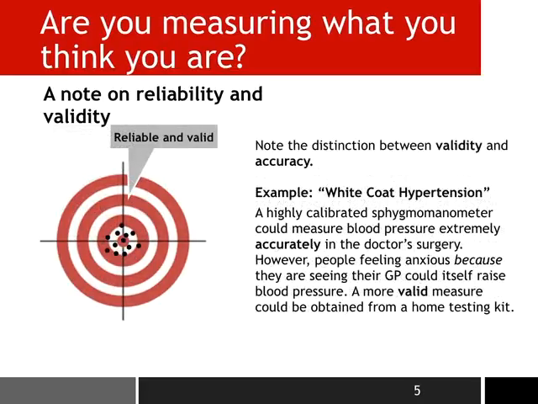Therefore, an instrument is reliable and valid when it measures what it claims to measure and when it is doing it consistently. However, we might want to take into account other factors which could be affecting reliability and validity. For example, we aim to assess blood pressure, and we may have a highly calibrated instrument and then a very reliable measure. But we have also found out that the measure is influenced, in this case, by the anxiety of the patient when visiting the GP.